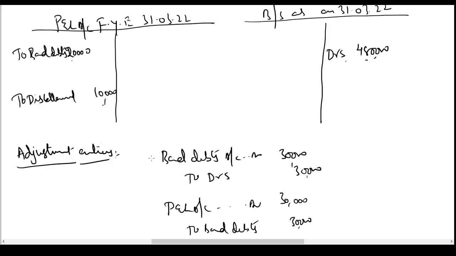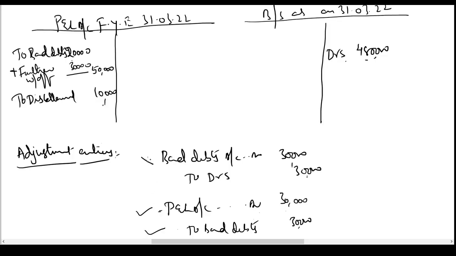So this account has to be closed, that is why it is credited and closed. The posting of this entry, P&L account has to be debited with 30,000. We are writing off bad debts. So already given in the P&L account, so I'll write further write off 30,000. Outer column I'll show 50,000 rupees. So this entry is complete.